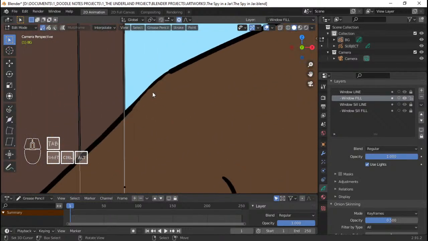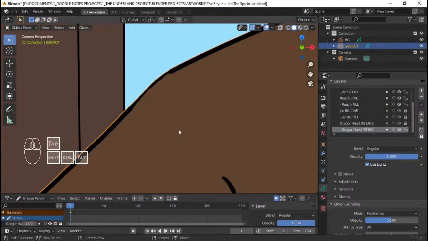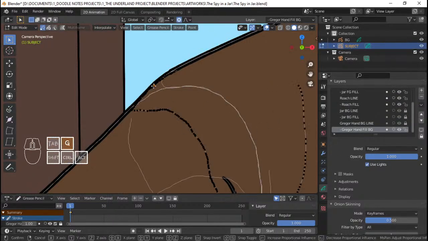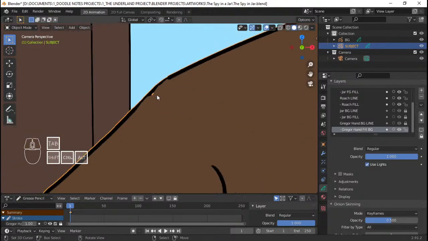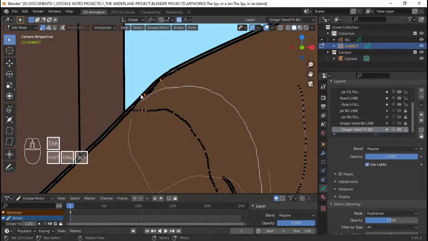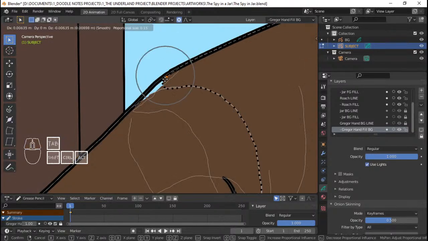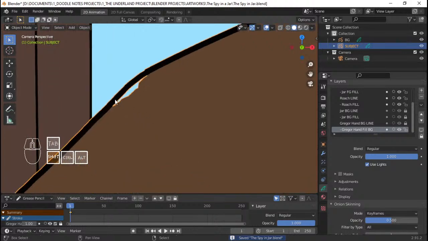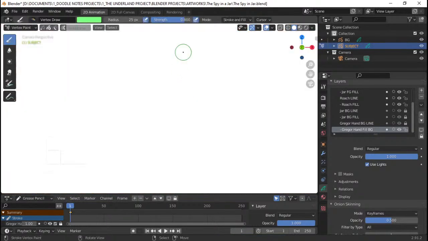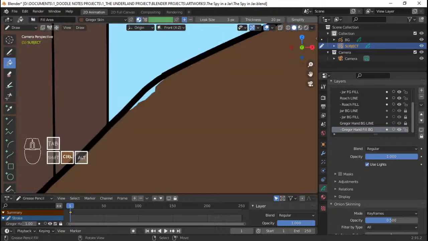Just these free programs. So I need to pick the subject layer. I need to edit some of the fills of the hands here because it's overlapping some of our lines right here. We don't want that. I'm just gonna move this back, this one as well, and then I'm gonna go back. I'm gonna go to Gregor hand fill BG. Oops, what happened? I don't want a vertex draw. Yeah, Gregor's skin.